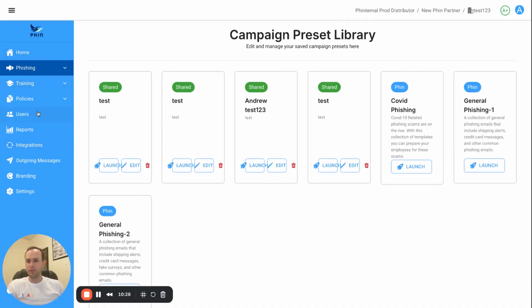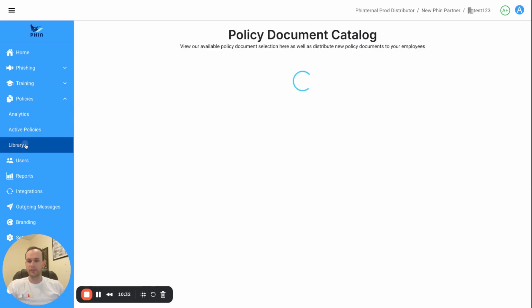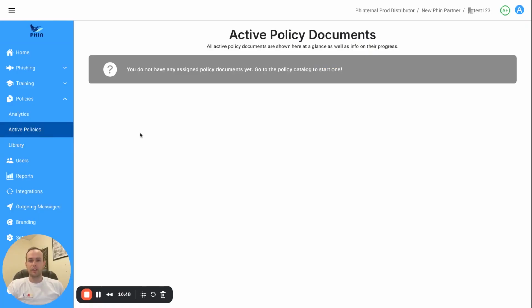All right, and then moving right along, I'll quickly cover this policy section. This is a policy distribution tool that we have where you can upload any PDF document, whether it's SAT related or not, acceptable use, anything. Upload it and then make it active, and you can distribute it the same way we distribute training through our LMS to the users. So they can receive the policy in their email and then open it,